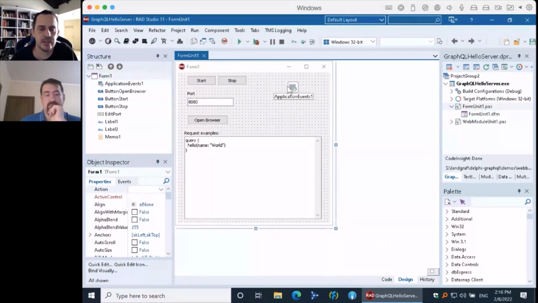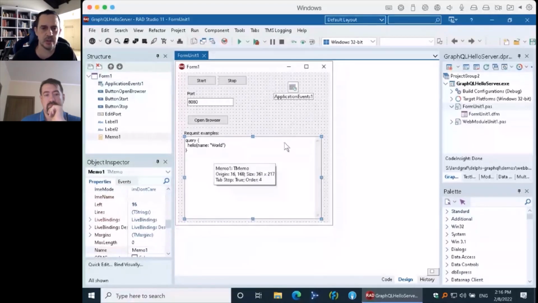And this first form here was just created by the web broker wizard. The only thing we added here was this memo with some examples for queries, but all this start, stop is just a regular web broker application created by the Delphi wizard.